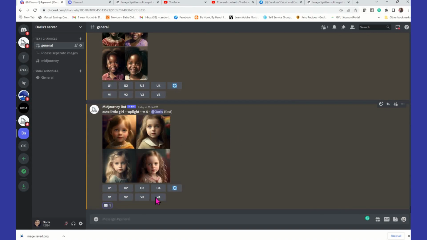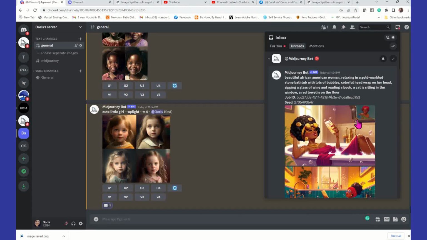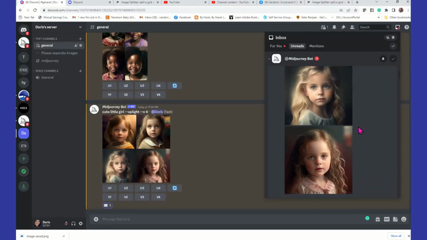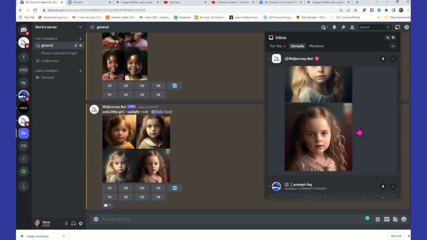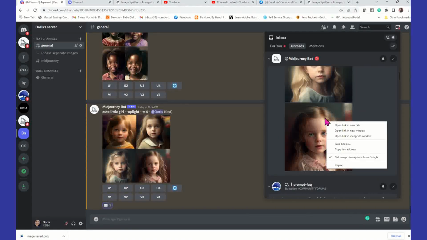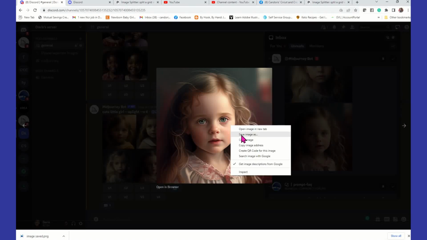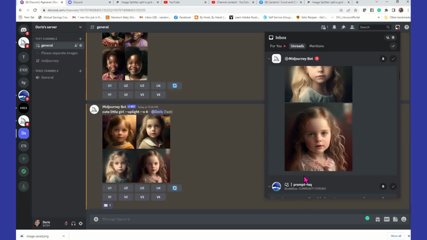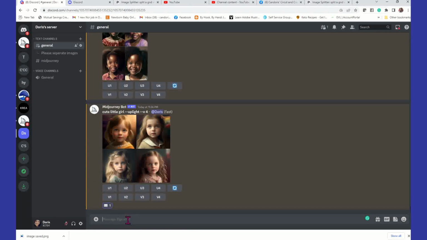Okay. Now, to see your 4 separate images, you're going to have to go here to the inbox in the top right corner. And when you click on that, this is where those 4 images will then show up. So there's the 4 images right there. And you could just right click, save image as, right click, save image as. So that is how you can get your images separated. You have to respond to the bot with the envelope. Now, when I generate 4 images,